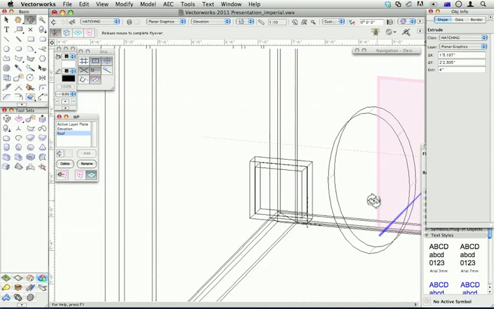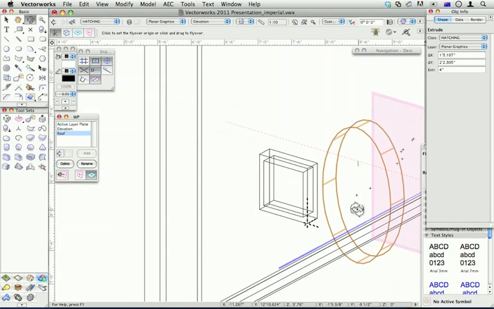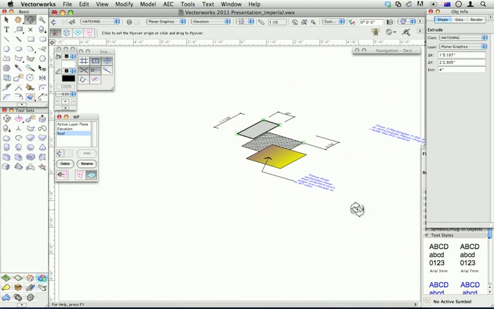So I think that's pretty cool. It's going to be quite an improvement in the way you do your 3D work. What I'd like to do is I'd like to do a quick demonstration